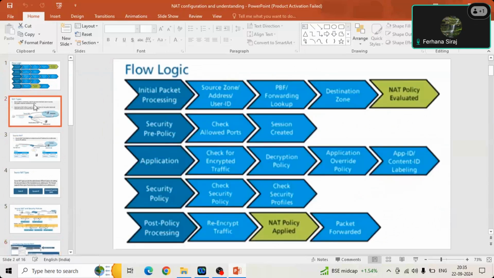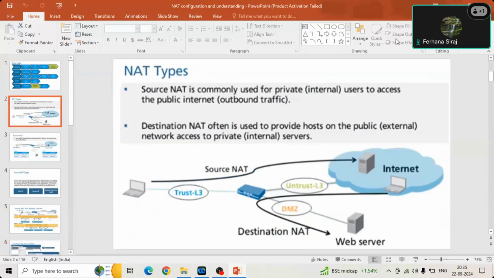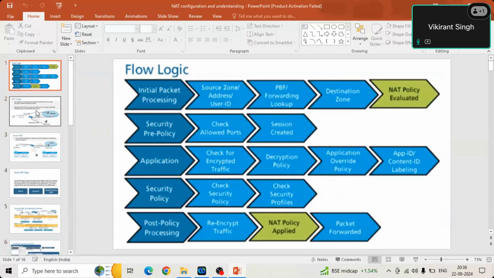Do they have good material, Palo Alto, like good documentation? Palo Alto has a lot of good material. If you get stuck somewhere, then Palo Alto will definitely help you because it has a lot of good material for anything related to Palo Alto. You will get it from there. I'll show you some links. If I search anything, Palo Alto will pop up with the URL and will show you the solution, whatever you are looking for related to Palo Alto.